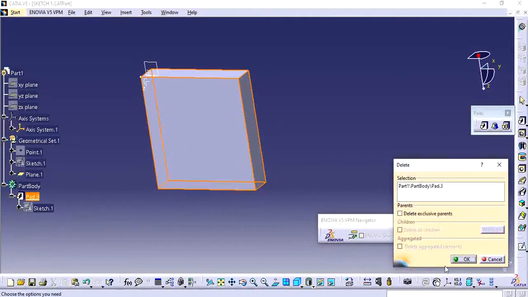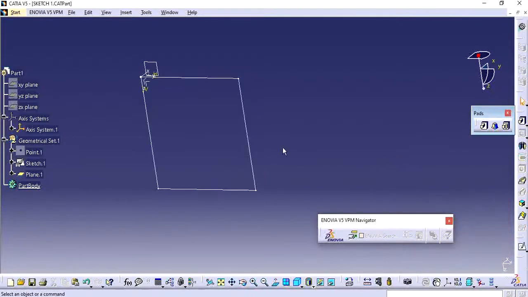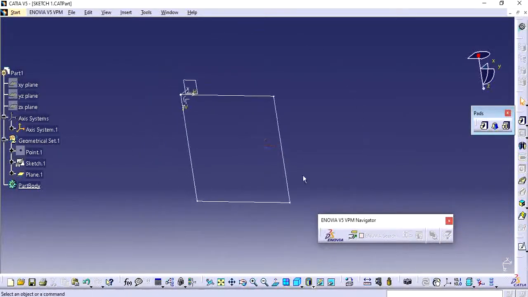While creating big parts, like how the parts needed this draft everything. Mostly for casting and plastic parts, we will add draft. So those kind of parts, this one will be helpful.